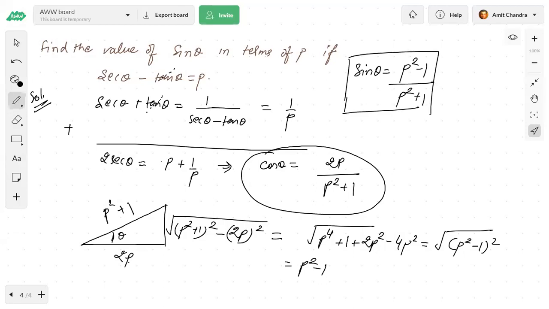Okay, just copy this. I'm assuming that this is greater. So what happens is, depending on which quadrant it is lying in, this will take that sign. Suppose I've said that theta lies in this, you will get p square, p to the power 4 plus 1 minus 2p square. So this is p square minus 1 whole square. If you simplify this, this is nothing but under the root of p to the power 4 plus 1 minus 2p square, which is p square minus 1 whole square.